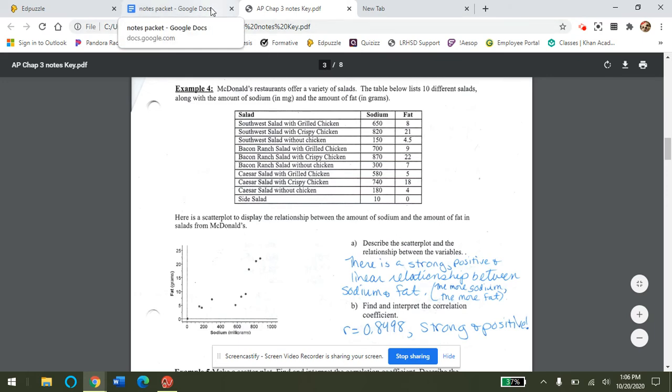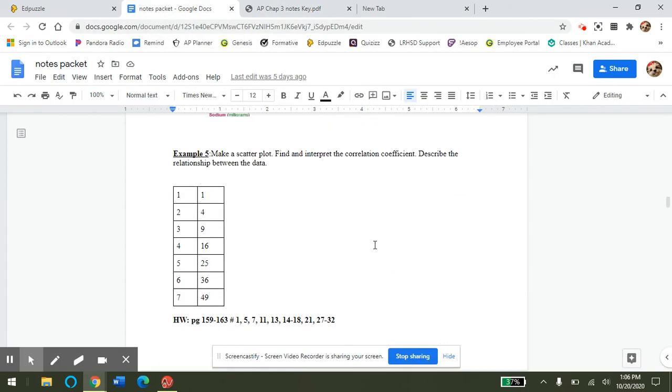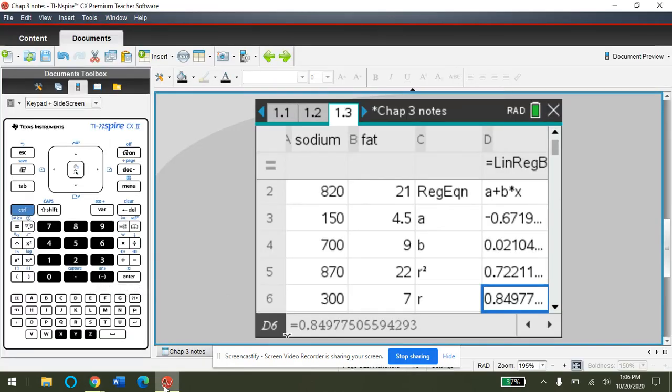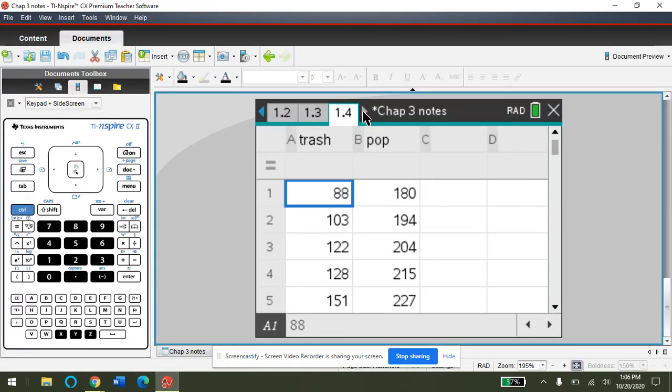And how we can confirm that is, what I'd like you guys to do is then type in these. Make this your X column and make this your Y. Go make a little data set of those, graph it, and find your correlation coefficient. All right, pause the video, do those things. And then if you watch me,